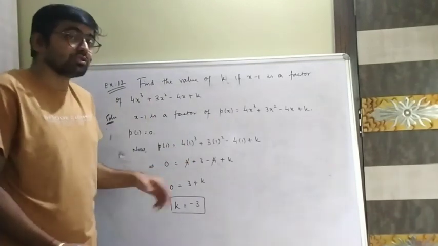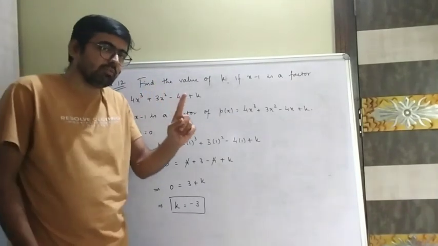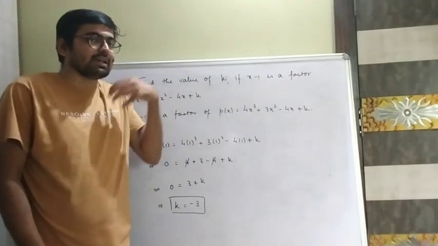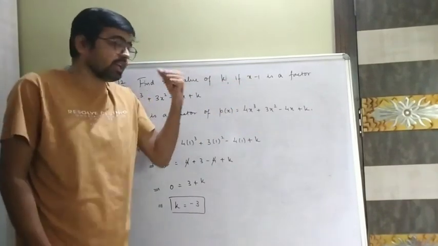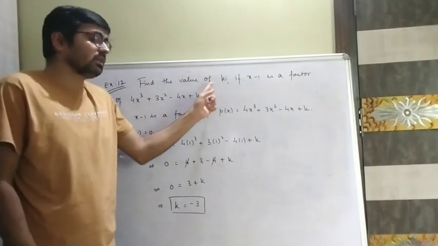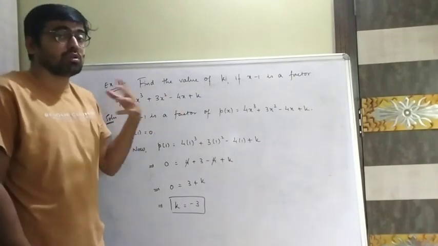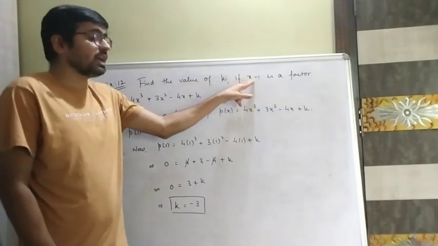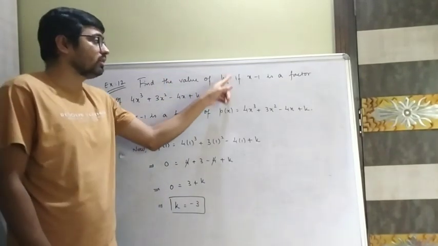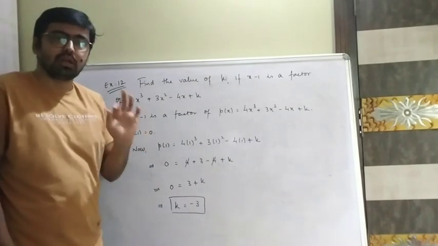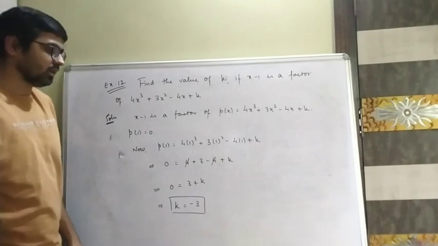So this is how we can solve a problem of factor theorem. We solved two problems. In one of them, a linear polynomial is given and we are asked to find whether it is a factor of a given polynomial or not. In this particular one, we have to find the value of k if x minus 1 is a factor of this polynomial. So we already know that x minus 1 is a factor of this polynomial. We just need to find the value of the unknown in this given polynomial. Am I clear? Please pause the video, note it down so that we can move further.